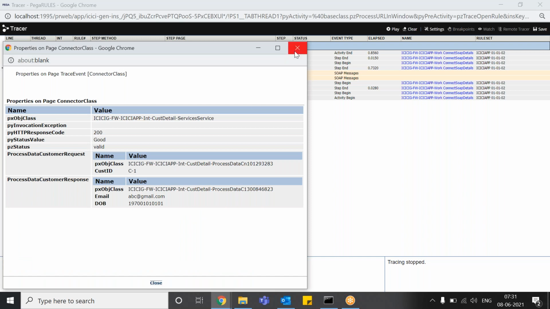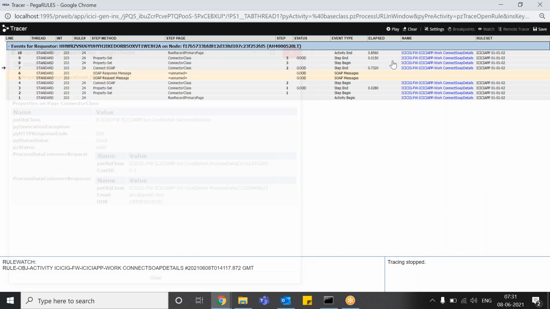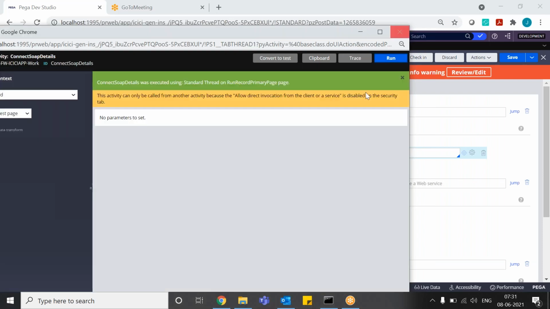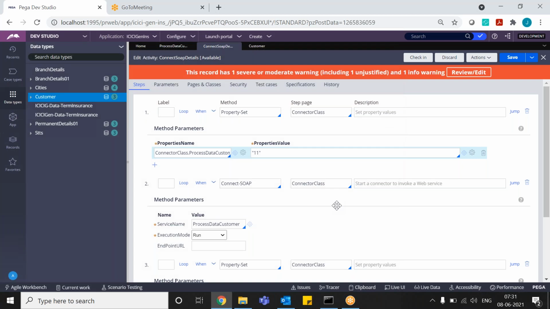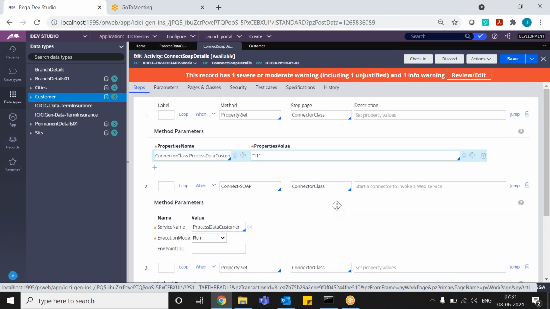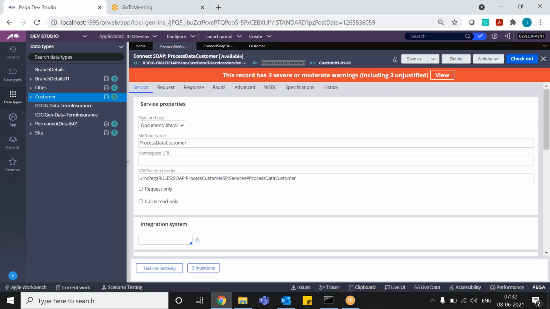Okay. Only I think email ID is coming correctly. Okay. One second. So go to this activity. Fine. Connect. Can you show me that service once by running? I just want to see whether that is the service soap, sir. Yeah.